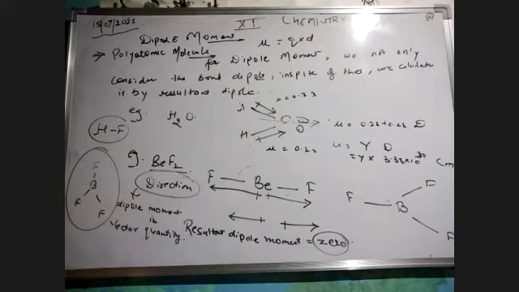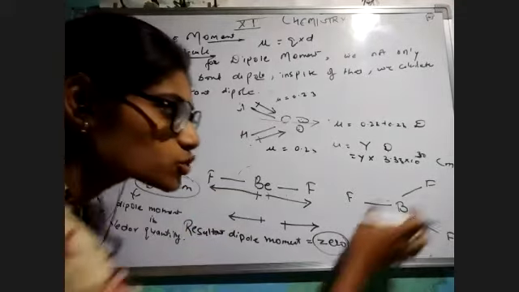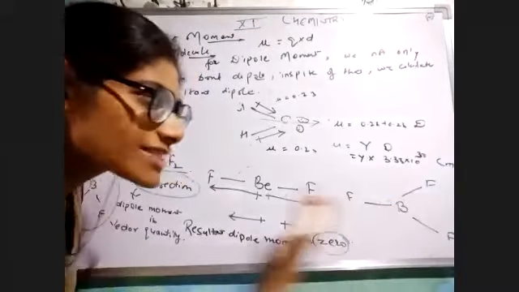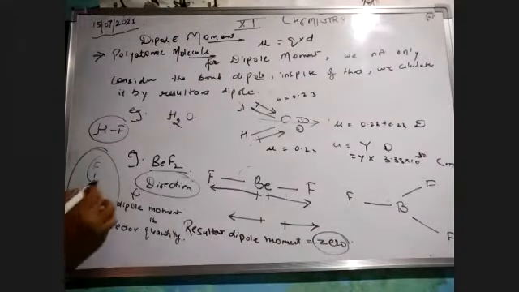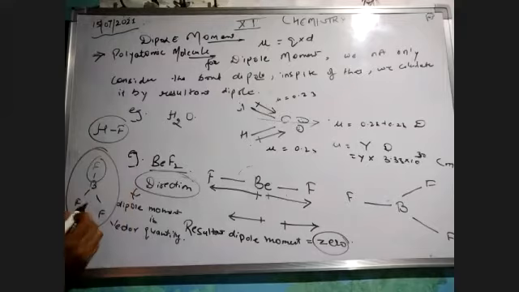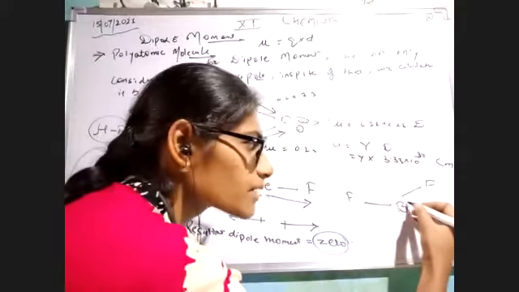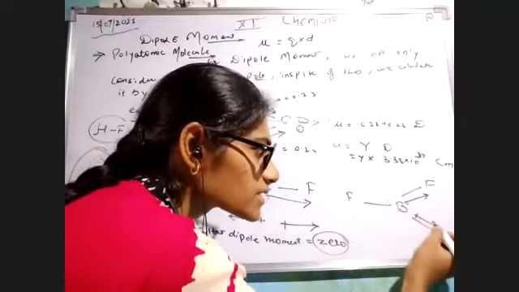Okay, now in BF3, there are fluorines which are just opposite to each other, and there is one fluorine which is aligned in the opposite direction to those two. जैसे मैं यहाँ पे बात करूँ, ये fluorine अकेला सबसे अलग direction में है, and these two fluorines are in the opposite direction. Okay. Now, what would happen in the very same manner? हमारा rule तो same रहेगा, वो change नहीं होगा. This would be positive, and the electrons towards fluorine, same as it is this, same as it is this.